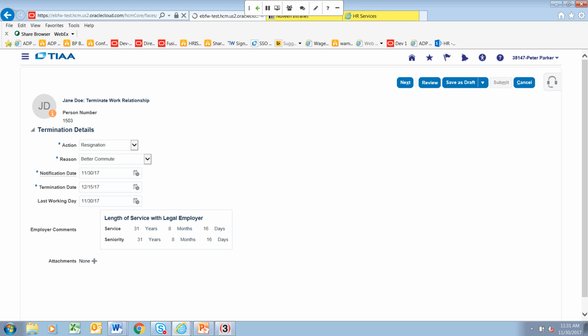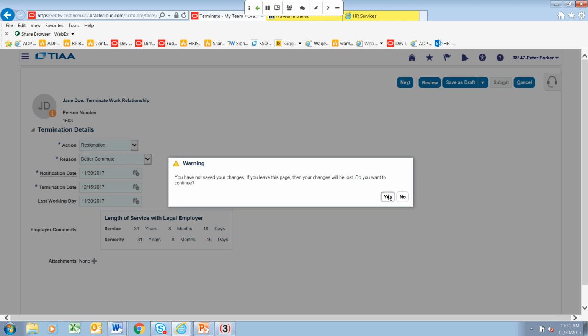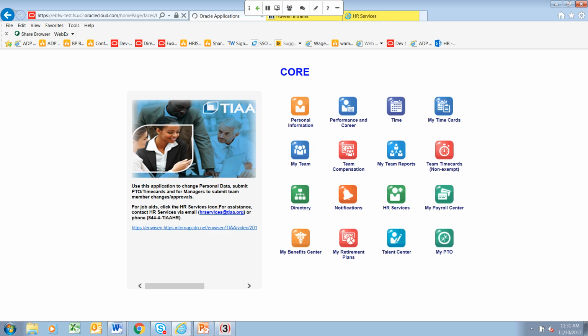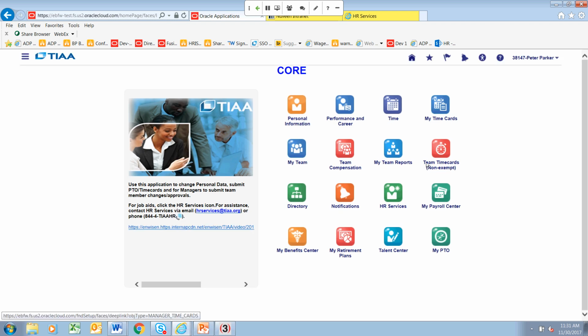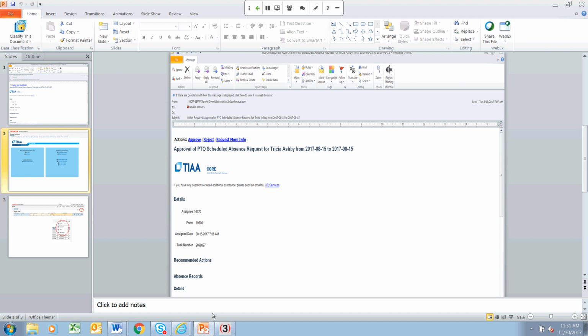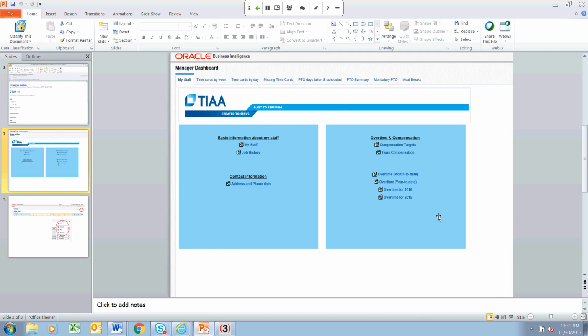And the last thing I would like to show you is the reporting dashboard. And I won't spend too much time just in the essence of the time we have here on this call. But if you wanted to run a report, you would navigate on the home screen to the My Team Reports icon. You will be routed to a manager dashboard.